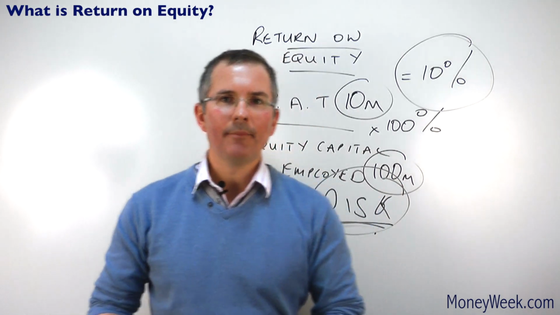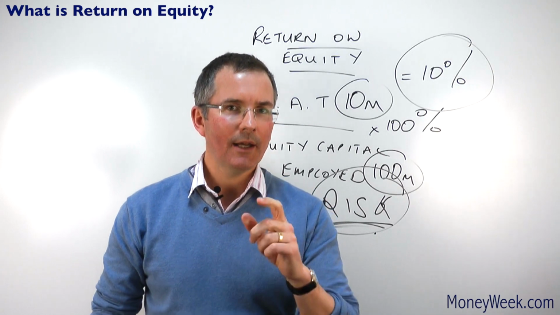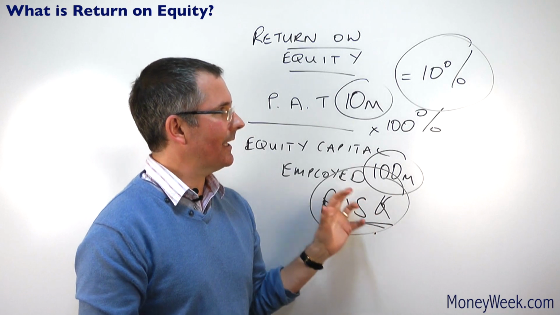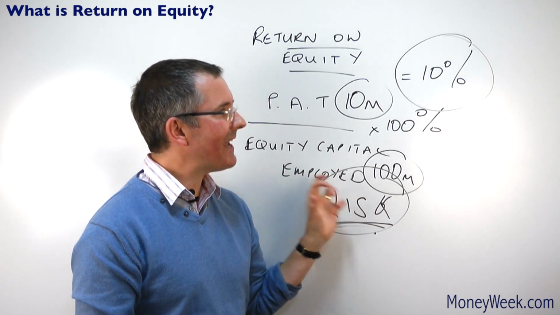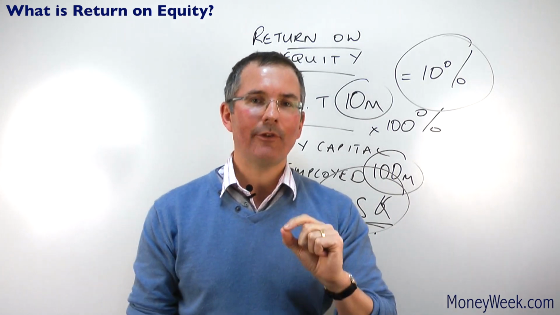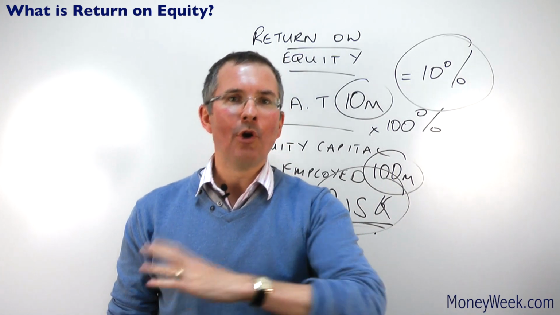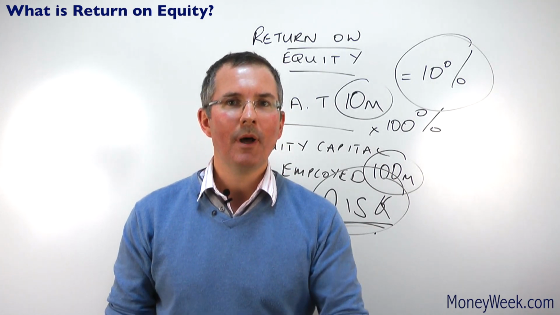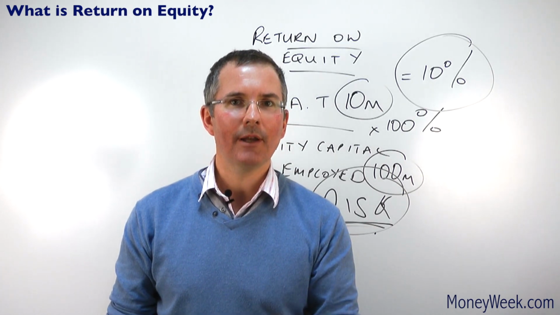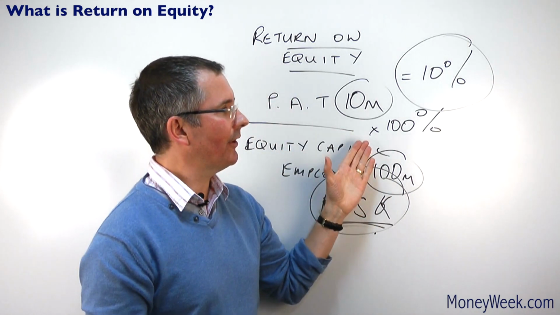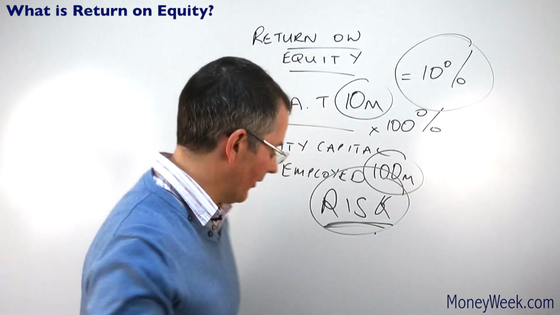Okay, now, here's where critics say, actually, there's a bit of a problem with this number, all right, because it doesn't explicitly consider the risks that have been taken to generate that 10%. And one risk in particular stands out, and it's the one that banks took on, okay, right before the credit crunch. Companies joined them, and that's debt, gearing, okay? How much borrowing has been needed to generate this kind of return, all right? Now, let me just illustrate the problem